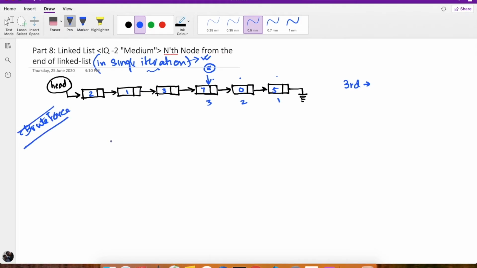The brute force approach of this problem is quite simple. The trick is first you need to iterate through the entire linked list and find the total number of nodes present in the linked list. For example, over here we have total 1, 2, 3, 4, 5, 6, 6 nodes. So total count of the nodes over here